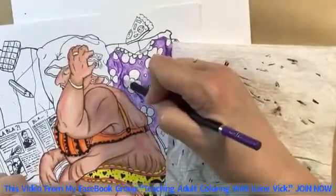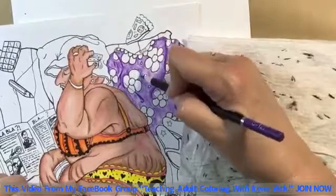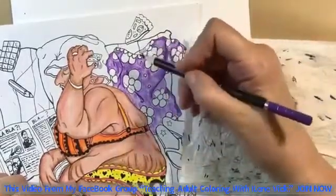So using the same pencil that I put my base color down on where I tinted this in,